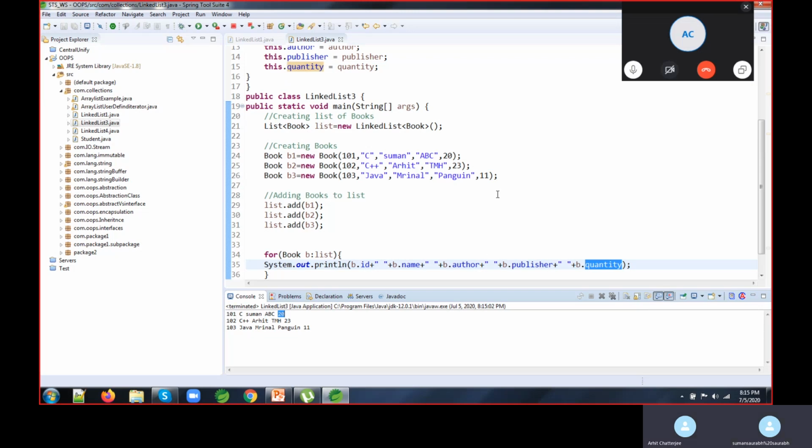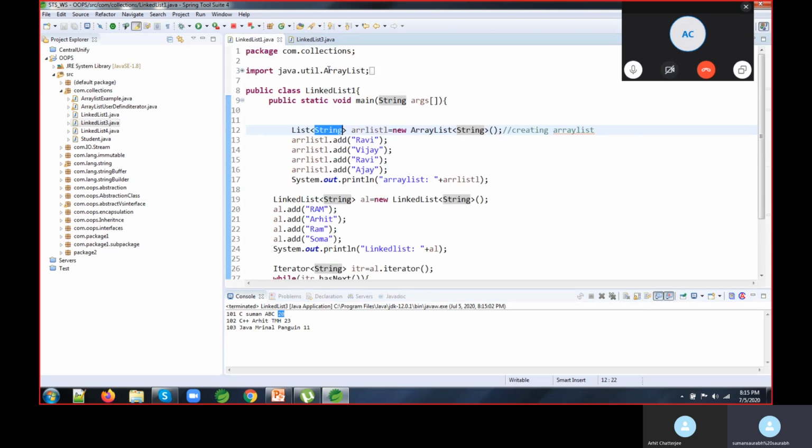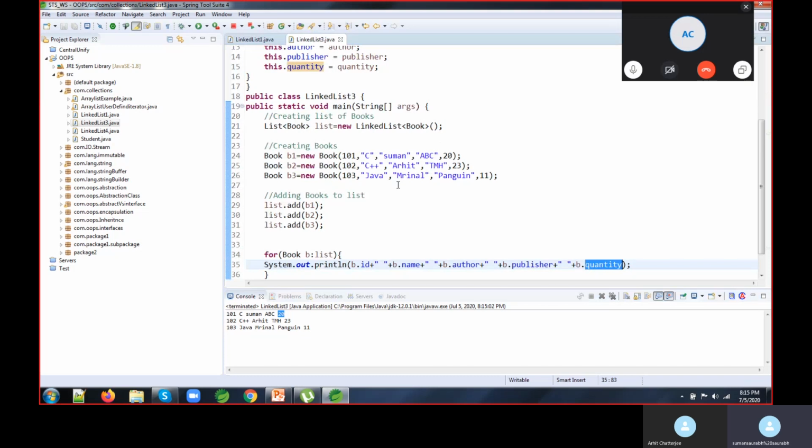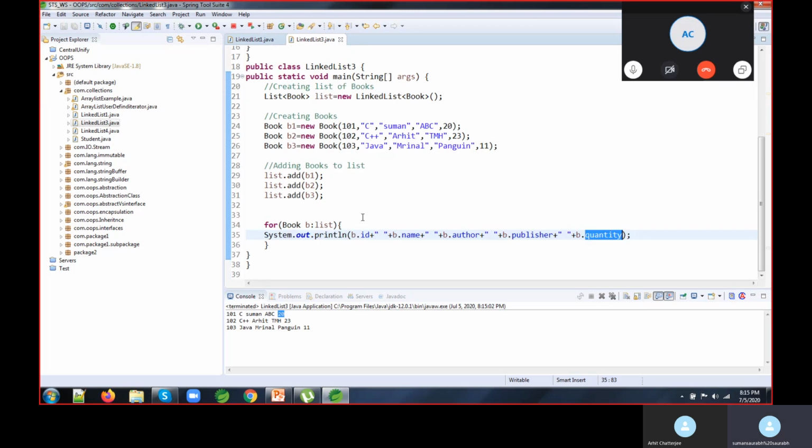So this is the user defined type. In a real time scenario, we will see more examples of this. You can see this also, but in real time you can use it like this, because in real time generally we create our class according to our own requirement. Got it? So this way we can add that. Now we'll see some methods.